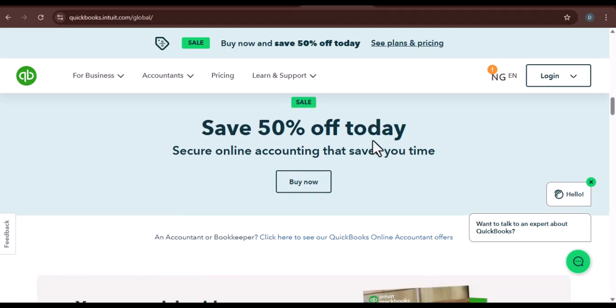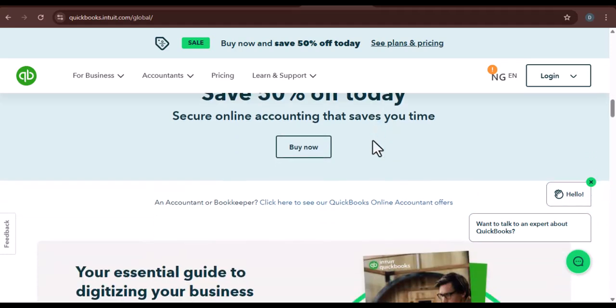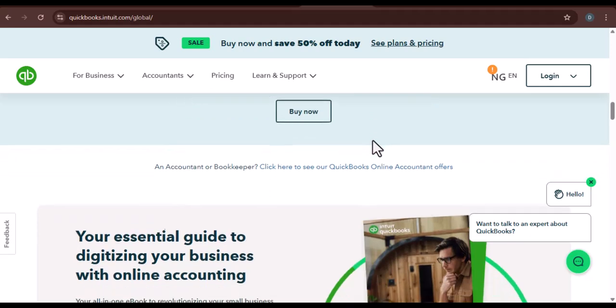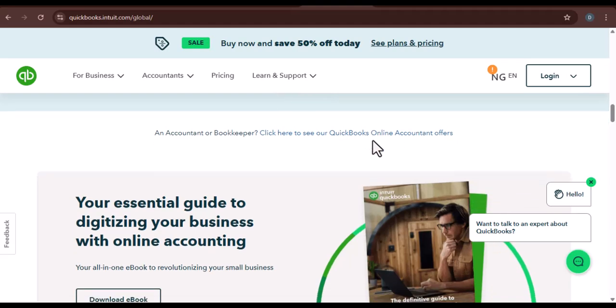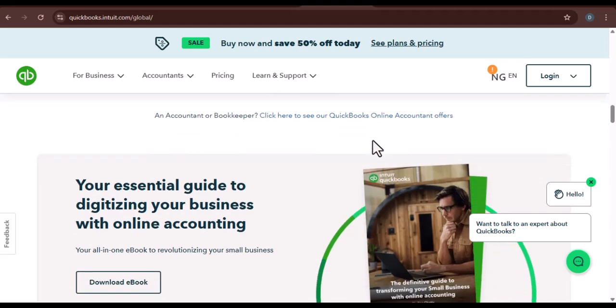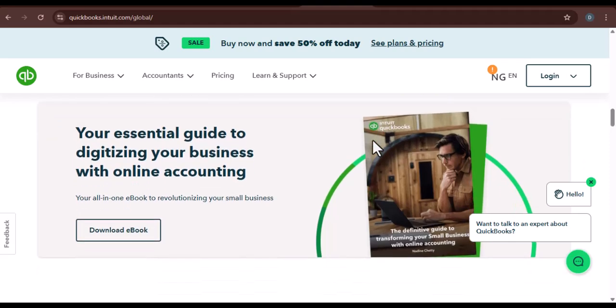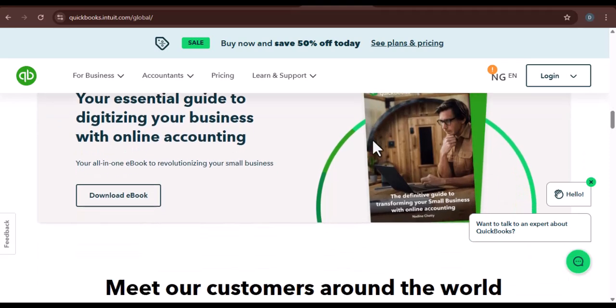Ultimately, understanding the difference between cash and accrual accounting and how QuickBooks handles them empowers you to interpret your financial reports more effectively and make more informed decisions for your business. It bridges that gap between your bank balance and those seemingly abstract financial statements, giving you a clearer understanding of your true